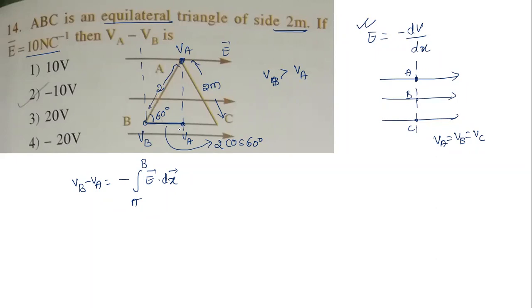Sir, I don't want it like this. You can calculate, or else it will become 2 into cos 60 degrees, which is 1 by 2. It will become 1 meter. Sir, why is all this? It is since it's an equilateral triangle, so this is exactly dividing. So it must be 1 meter. So we got the distance now.